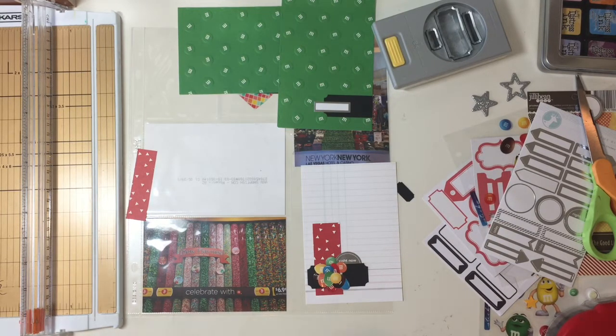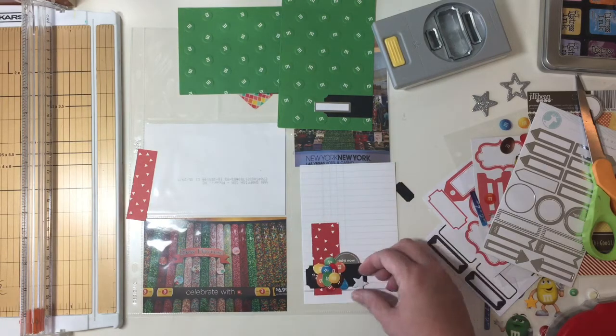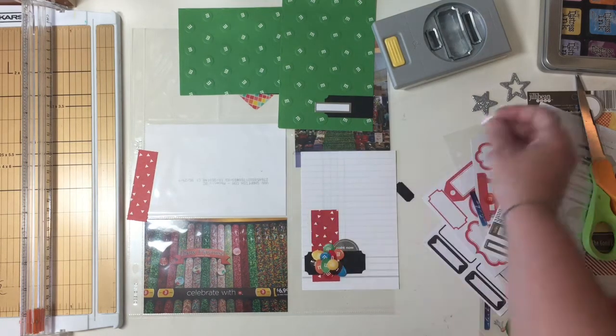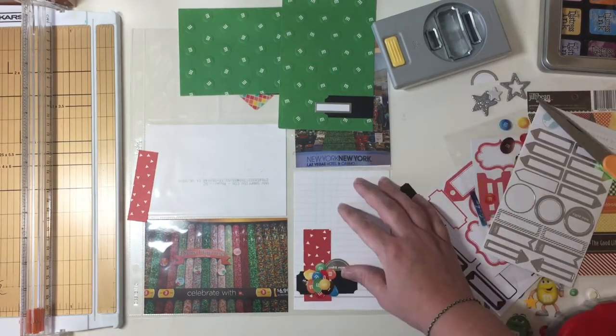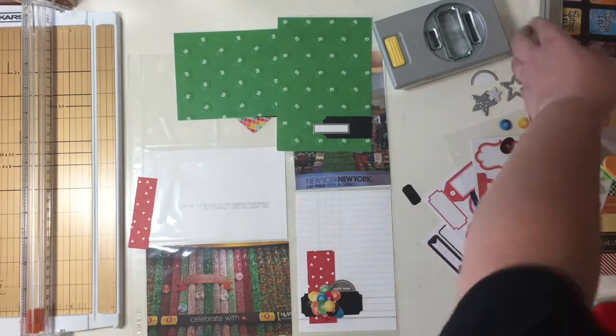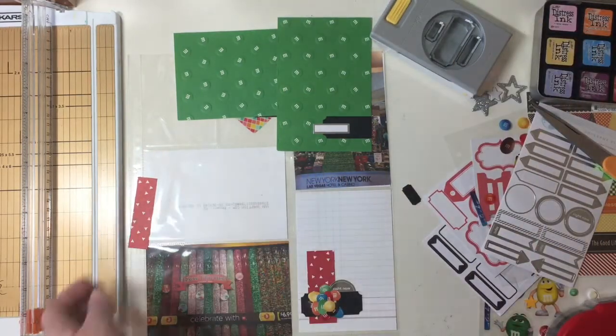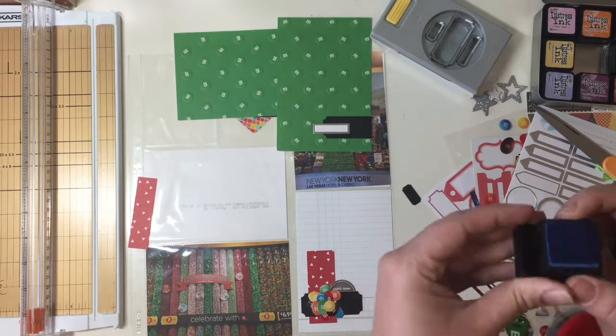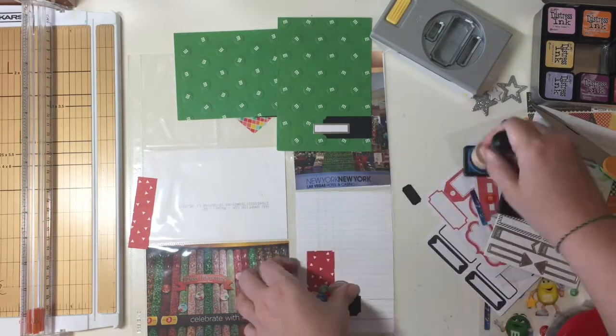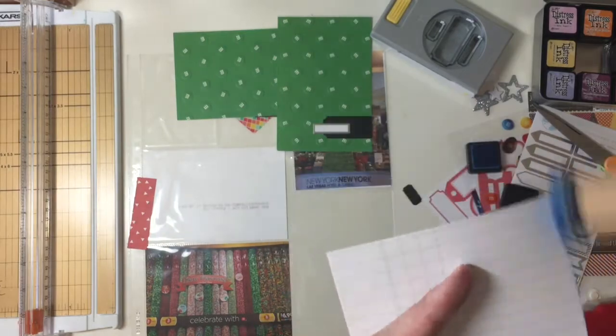need to add some silver, but these stars are just really too big. I think I'm going to use this white star because it is smaller and it fits the size, but it doesn't really do it for me. So I end up just tossing it to the side. I don't think that white star ends up on any of these pockets. I really don't. So I decide that I'm going to bring out the blue M&Ms and ink the white edges